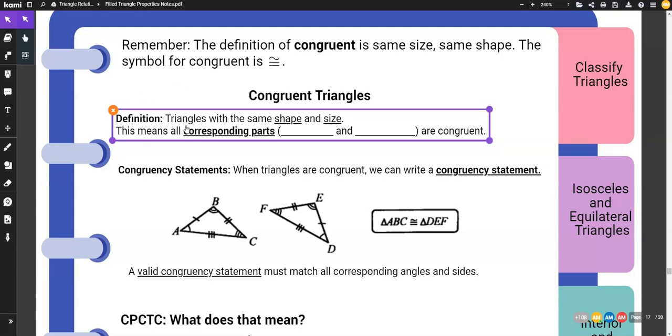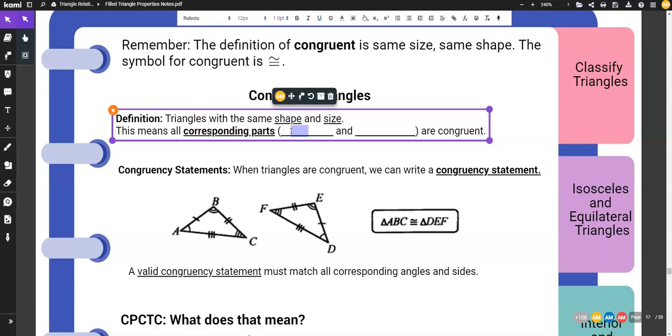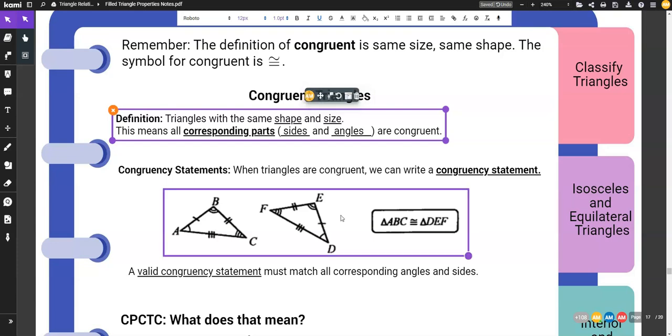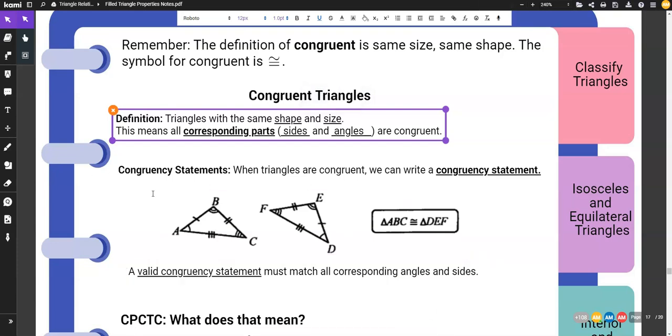The definition of congruent triangles, of course, is the same size and same shape, as we said. And what that means is that all corresponding parts, that would be sides and angles, are congruent. So every angle is congruent, every side is congruent. When we say triangles are congruent, we write a congruency statement, and a valid congruency statement must match all corresponding